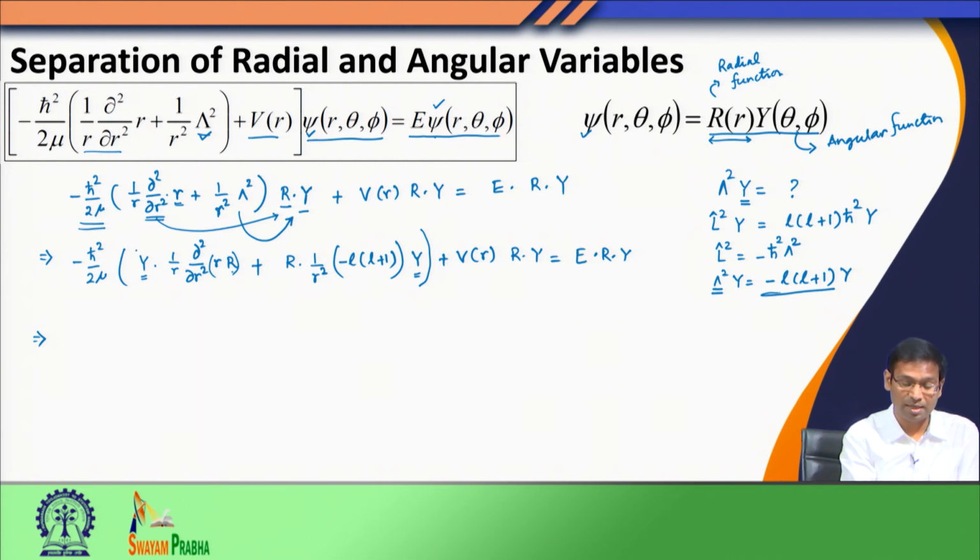Here Y is simply multiplied, here Y is again simply multiplied, because we have already seen the action of lambda square on Y. This is the corresponding eigenvalue, and here again Y is multiplied, because this operator is simply the Coulomb interaction, and again here. So, if we drop Y from all these terms, then we will be left with